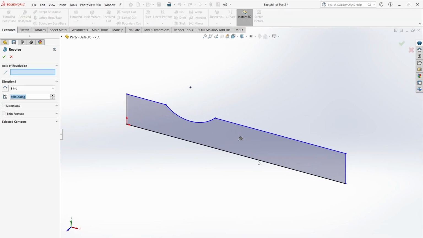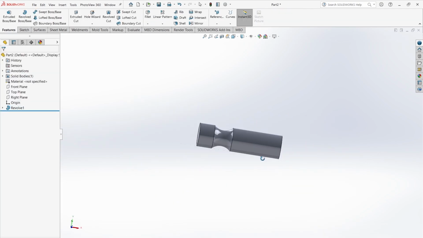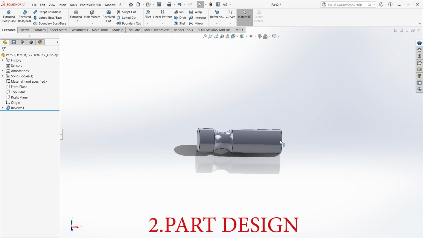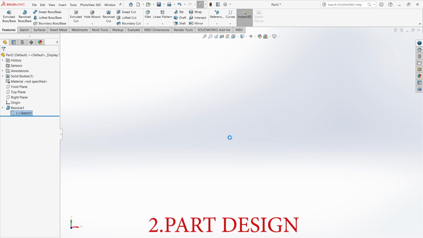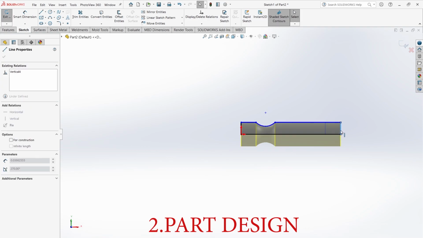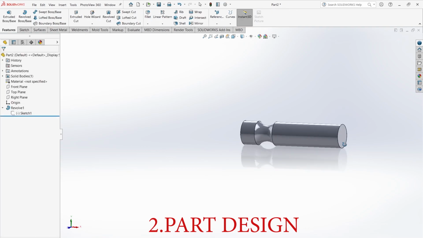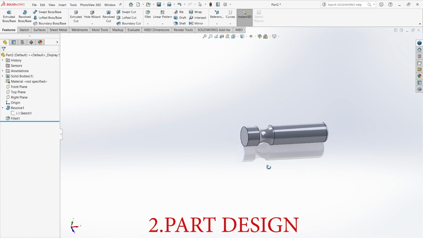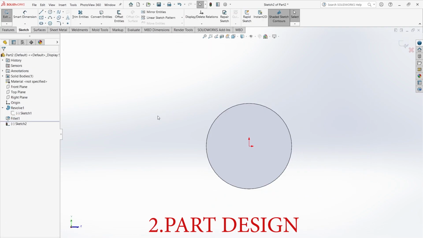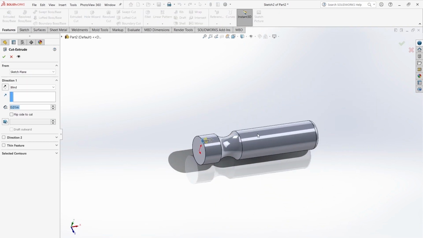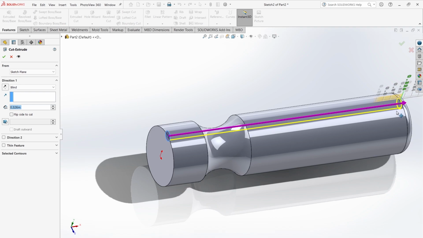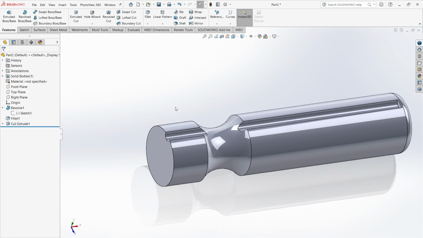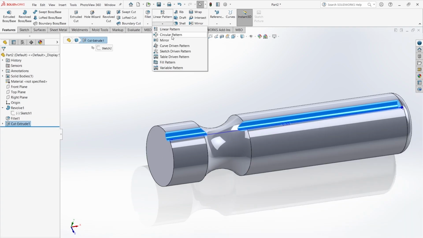ठीक है, मैंने went to revolve boss, इसको रिवॉल्व कर दिया. तो इसको रिवॉल्व तो किया लेकिन ये थोड़ा लॉन्ग चाहिए. Then I can also edit from here. Go to edit, make it a little bit longer. Okay, that much is good. Exit, then go to fillet. या फिर मैंने fillet किया. This much is okay. Then this space, sketch. Okay, फिर ये circle. I'm not giving any dimensions. This is a rough case. फिर ये इधर तक किया. फिर ये जो फीचर है इसको I will do circular pattern